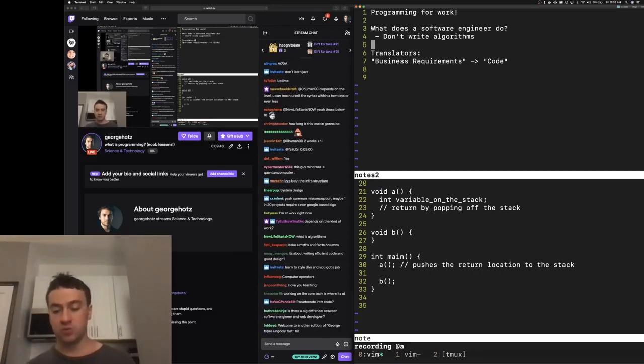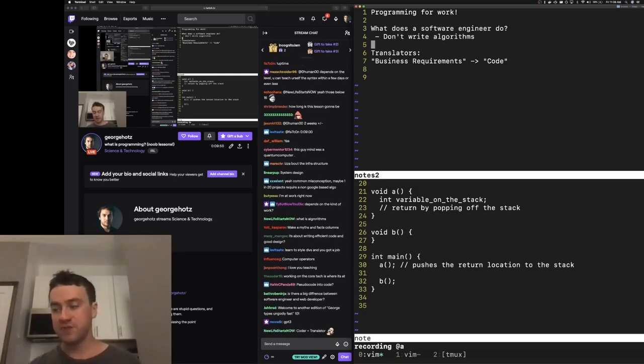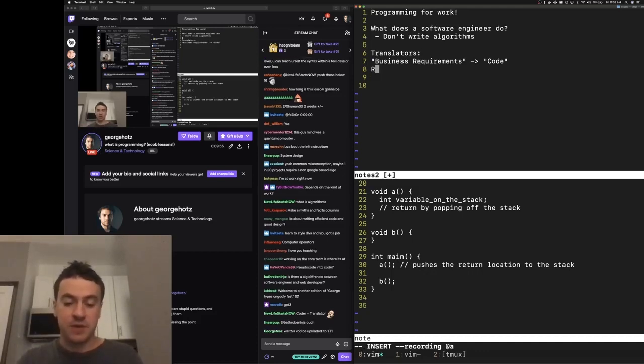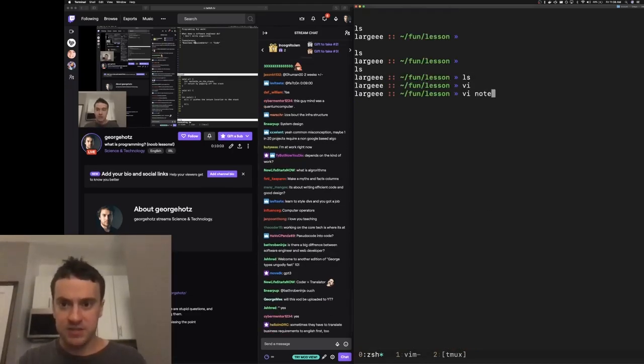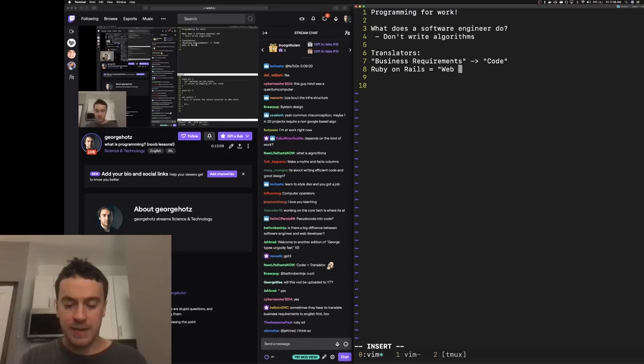If you think of a business requirement like, we need a web page that's going to allow users to leave a phone number where we can call them back, right? There's a lot of frameworks that are designed to do things like that. If you wanted to write something on that, you could use something like Ruby on Rails, right? For like, web apps.